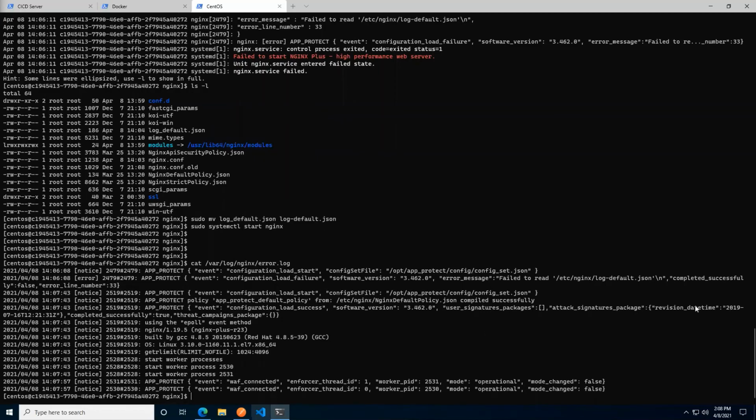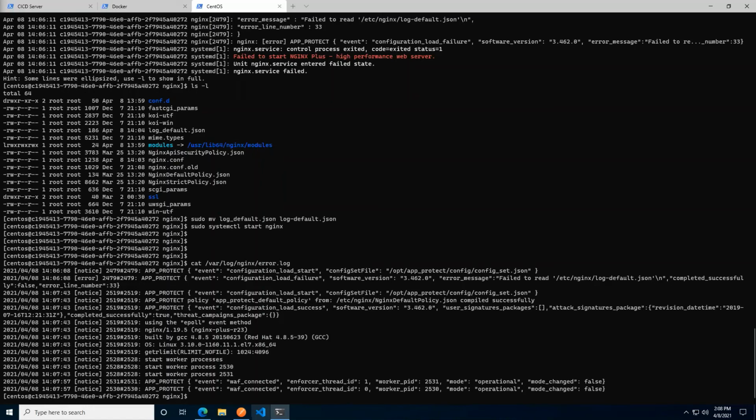We're of course now in the same position as we were in the first Docker image. We didn't install the updated threat campaign signatures, nor did we install threat campaigns. But we know all we need to do to make that happen is to add a second repository and also add the appropriate install parameters, exactly the same way as we did it in the Docker. So there's no point in us spending time going through that as well.